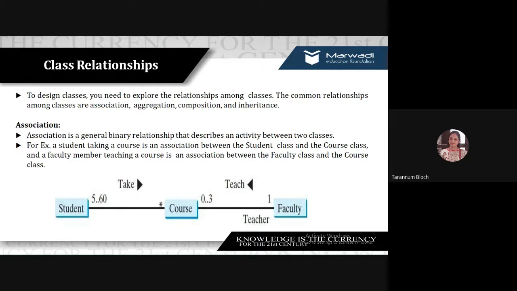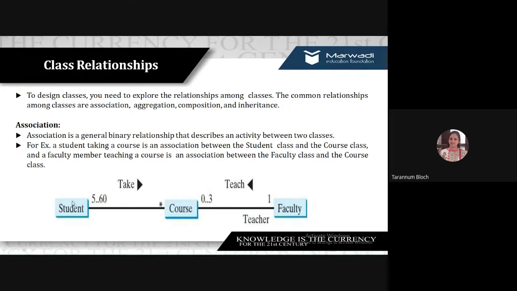Suppose this is about a university where we'll have certain courses. Course means a subject. We know that a student will enroll in a course, right? So you can see the label, student takes course.